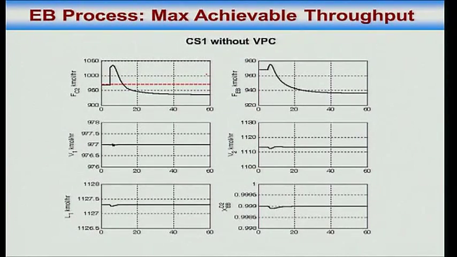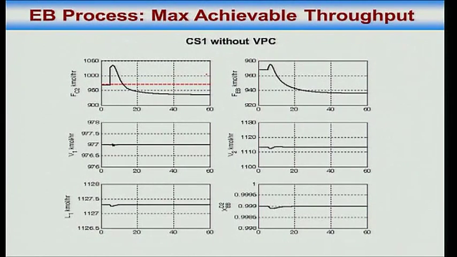Now if you go to max without VPC, if I don't put that loop that adjusts the ethylene in this structure and that structure, what happens in CS1, the structure that we synthesized? What I am taking as the disturbance is a 5% bias in the fresh ethylene flow sensor. So the flow sensor is saying flow is x, suddenly it goes from x to x plus delta x when the actual flow remains x. Sensor has got a 5% bias. So even with a 5% step bias, you get a decent response, throughput goes down a little bit, but that's okay.